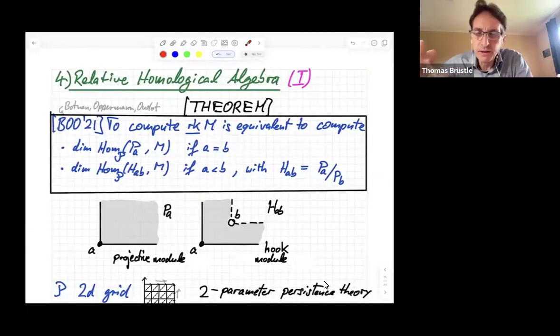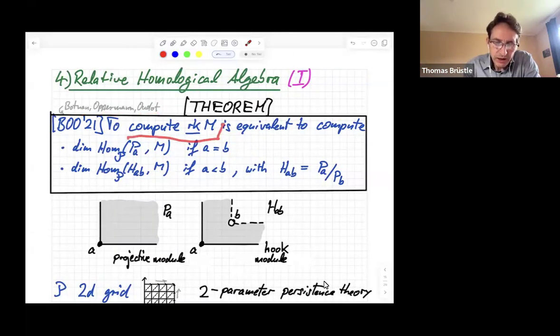So the one theorem that I would like to discuss is a theorem from 2021 by Botnan, Oppermann, and Udo. And they showed that computing the rank invariant over any poset, computing the rank invariant of a given module M is equivalent to computing the following set of